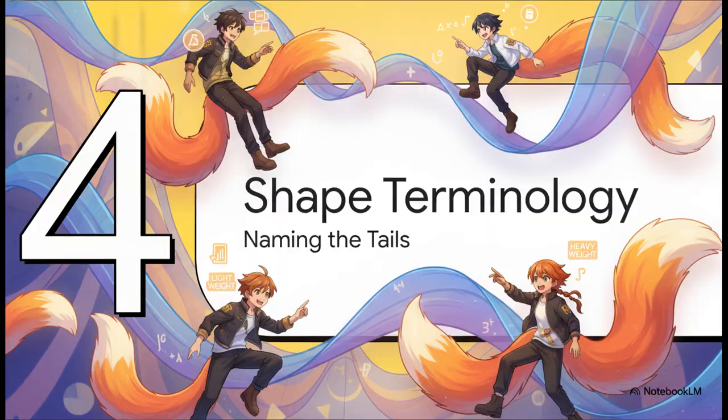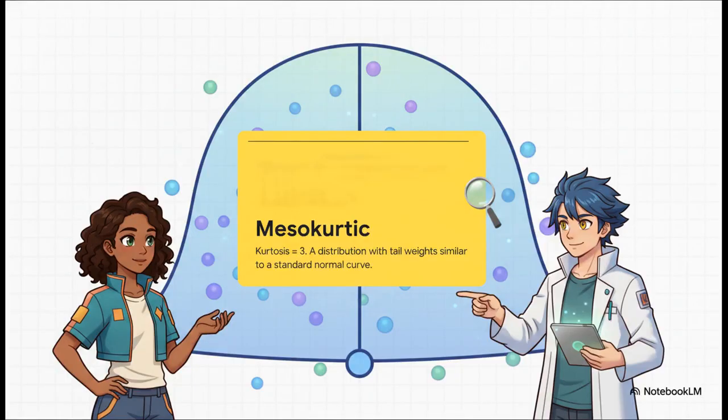Naming the tails. Now, please don't let the academic jargon intimidate you here. It's actually quite simple once you connect the terms to tail weight. First up is Mesokurtic. Meso just means middle or medium. This is your baseline standard normal distribution, which mathematically has a kurtosis of exactly 3 or an excess kurtosis of 0. When data behaves normally, like biological measurements of human height or large-scale IQ scores, you're going to see this